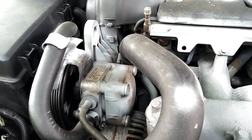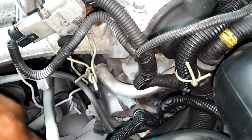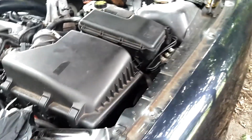Anyway, let me get started. I'm going to start with this starter. Looks like the purge valve down here, some vacuum lines. We're going to try to move this stuff out of the way and see if we can get this starter out and replace it. I'm going to kick off this job by